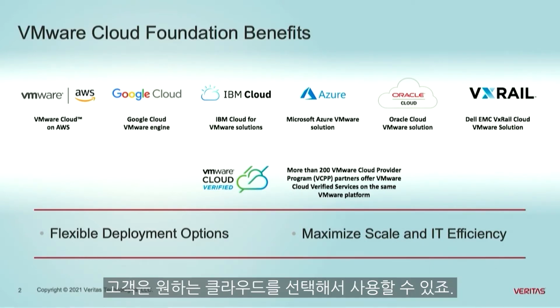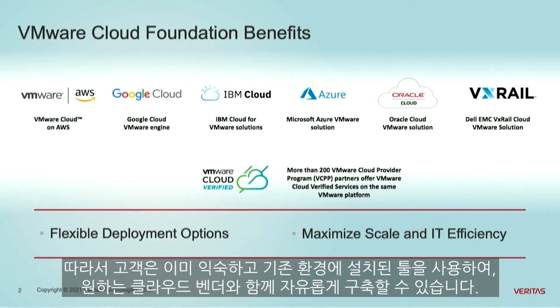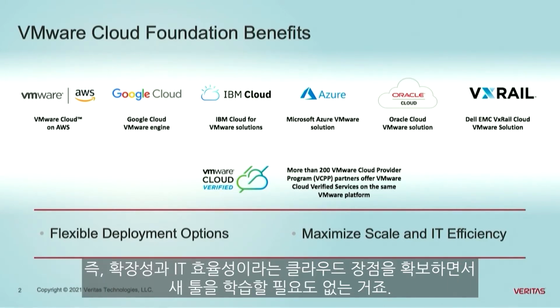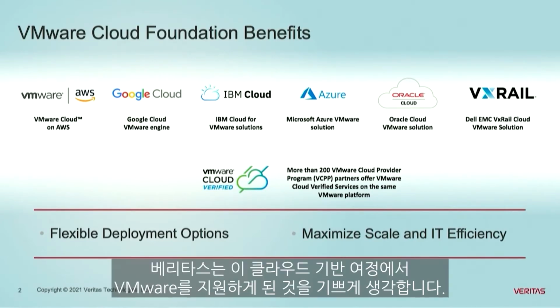And you can use any cloud of your choice. VMware supports AWS, Google Cloud, IBM Cloud, Azure, Oracle, VxRail. So you have that freedom of deployment options to go to whatever cloud vendor you want, using tools that you're already using in your environment that you know. And then you can get the cloud benefits of scale and IT efficiency and not have to learn new tools. NetBackup provides you with the same thing,